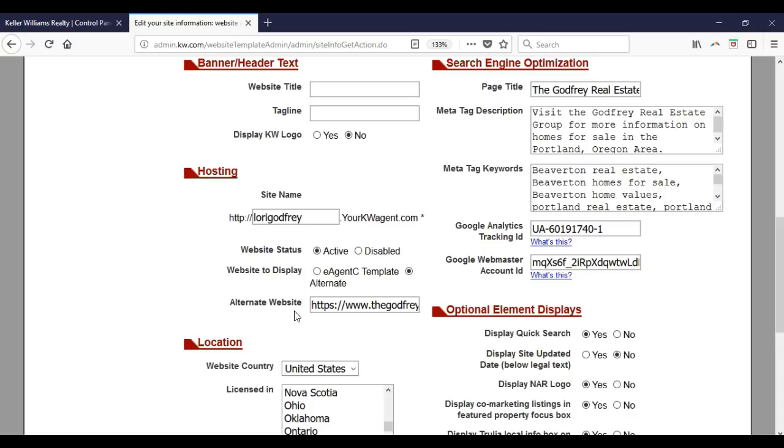All right. So under the website to display, you typically want to select that alternate option on here. Then of course, once you select the alternate option, you'll have the alternate website on here. So under alternate website, you can put inside whatever website you wish to utilize, as long as it